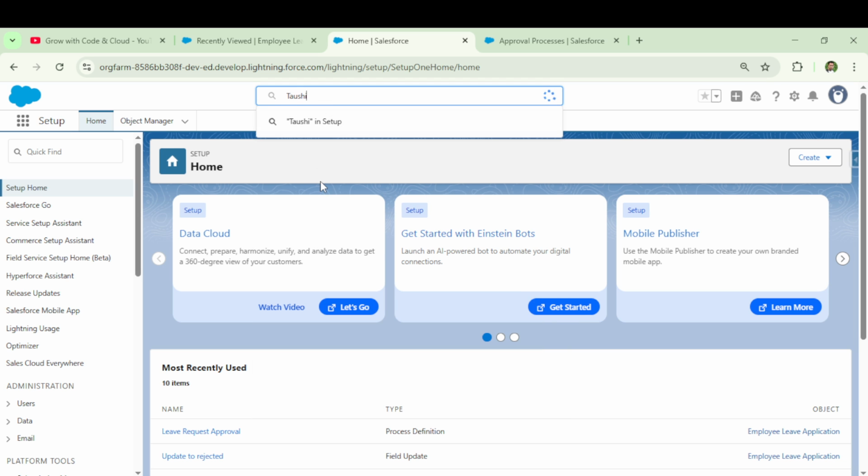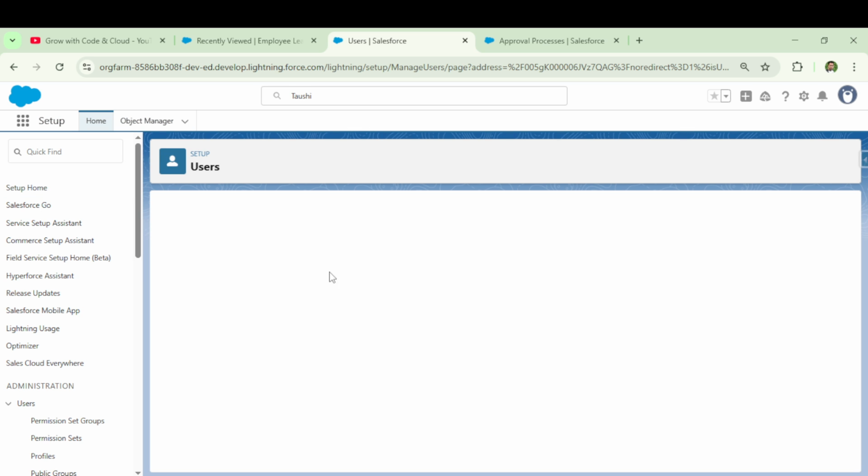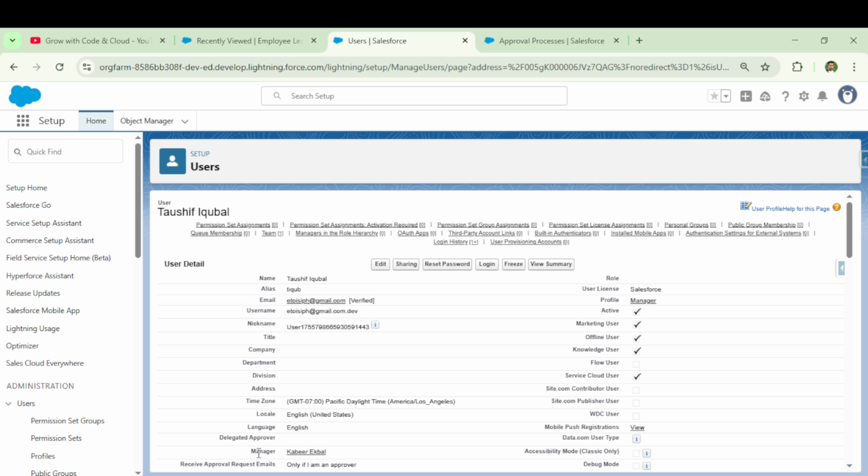I have edited this user and selected the approver manager. Okay, he has a manager assigned, so he can create a record and submit it for approval. Once he submits for approval, it automatically goes to this user.